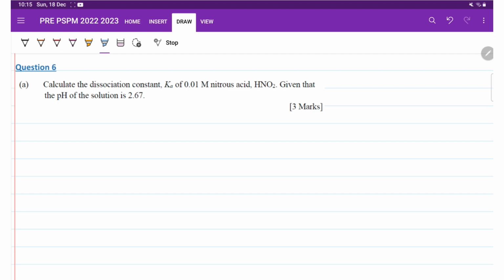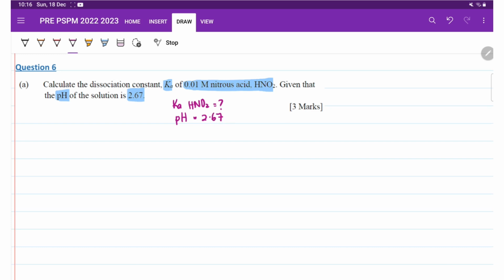For question 6a, calculate the dissociation constant. So the question is asking for the value of Ka of 0.01 molar nitrous acid, given the pH of the solution is 2.67. Okay, so the question is asking us what is the Ka value for HNO2, and given to us the pH of the acid is